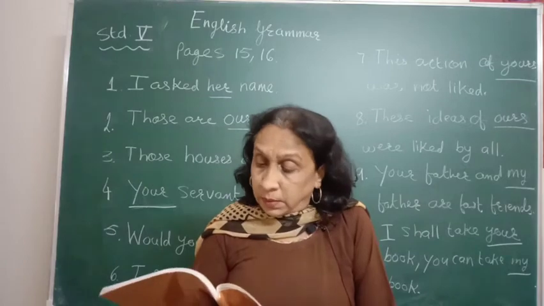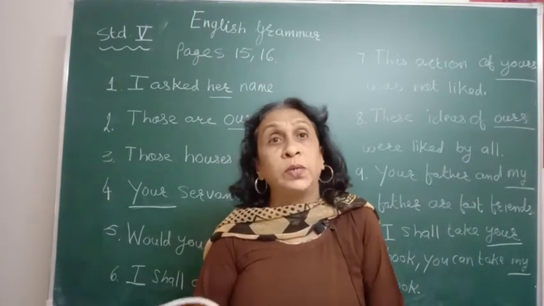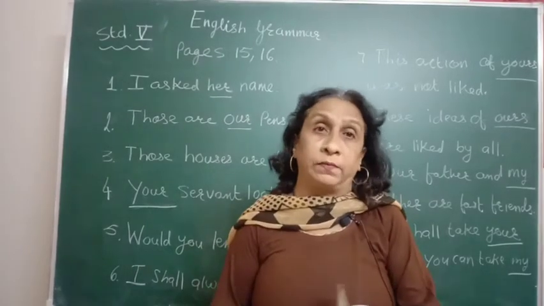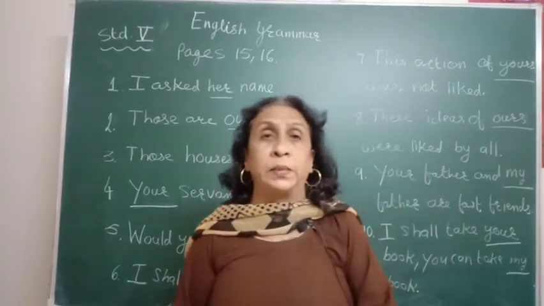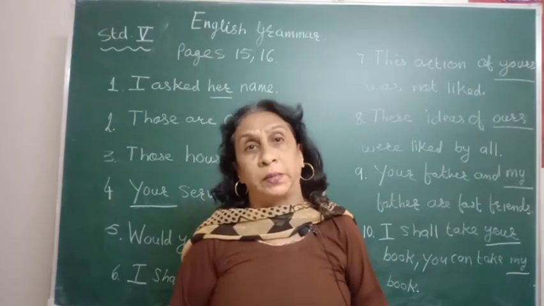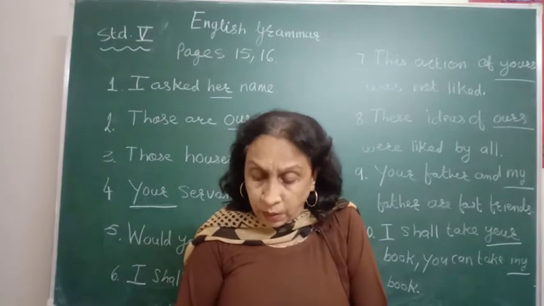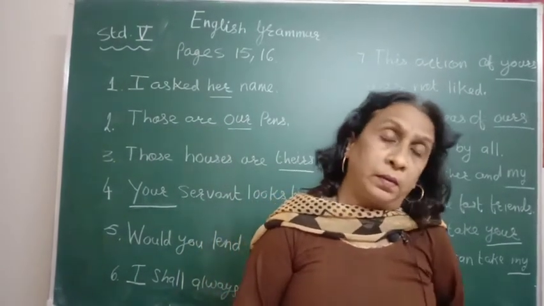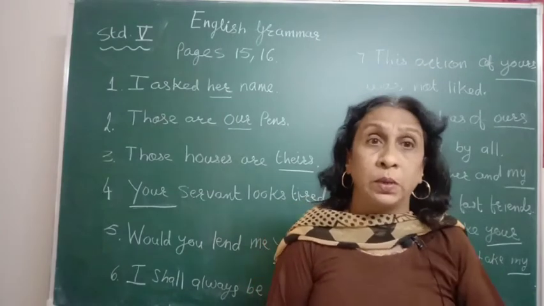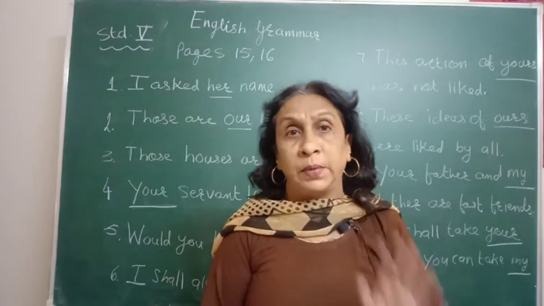Third one: Such people are dangerous. Which type of people? Such. So here also it is a demonstrative adjective. Demonstrative adjective means it points to a particular person. That is why these three are demonstrative adjectives. Now: Their house is bigger than ours. Their is showing possession. Whose house? Their house. It belongs to them. So here their is a possessive adjective.